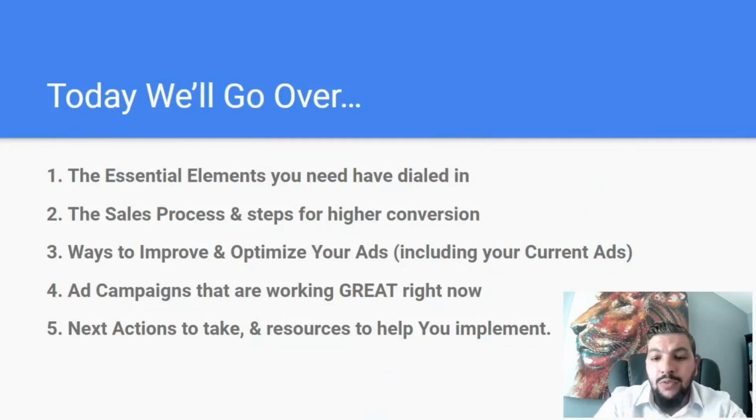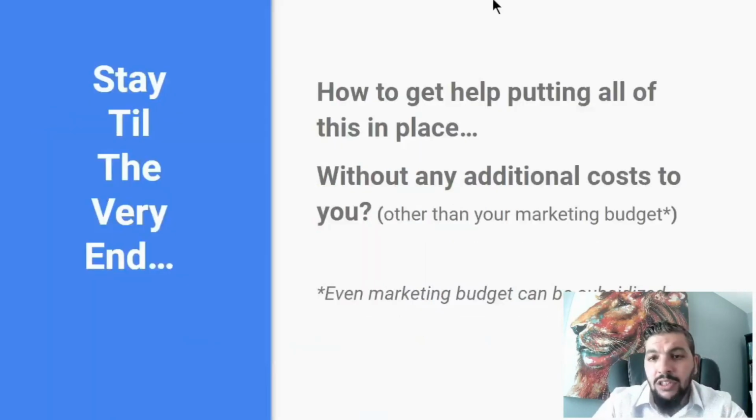So not only will I give you the information about the campaigns, about the back end system and sales process, but I'm going to share with you the next action steps that you can take, and resources that help you implement. So you don't only have information, but you have a way to use that information. And if you stick till the very end, I'm gonna share with you how to get help